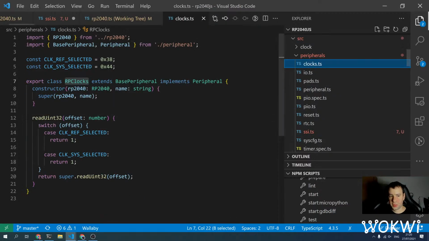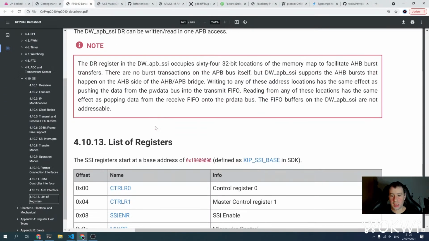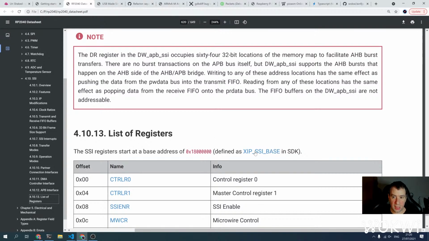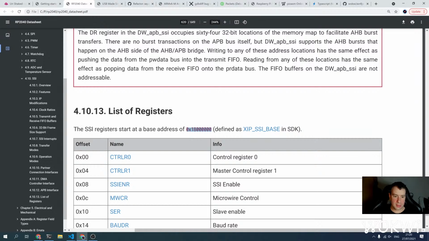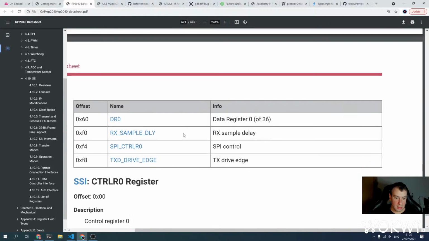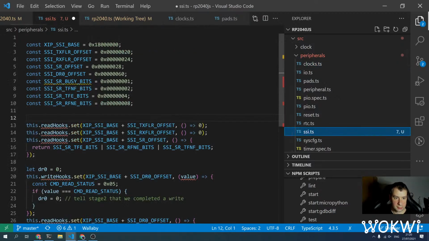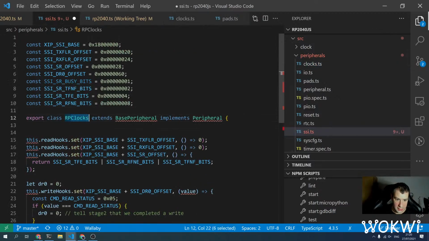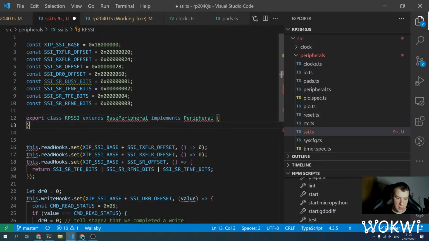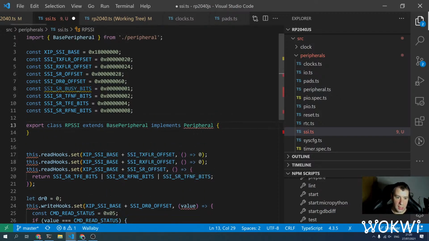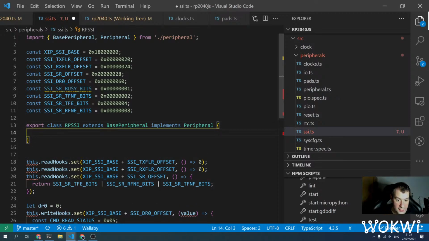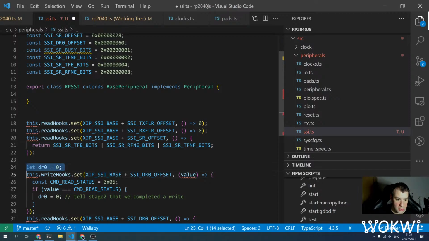I'm not sure, it's under peripheral, so I guess it works in a similar way to the other peripherals, even though it has a strange unrelated start address. But I don't see anything special, so let's make it a standard peripheral as well. RP SSI. I think at the time when we wrote this code, we didn't even have this peripheral abstraction. Okay, and then we have read and write, and we have this